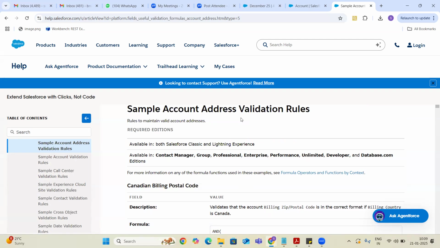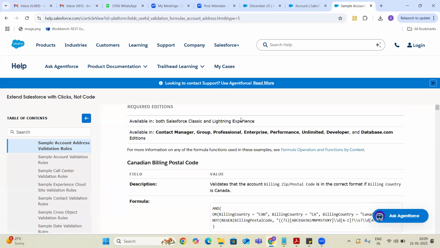So let me start with the first scenario: validate the account billing zip or postal code in the correct format of the billing country, Canada. If the billing country is Canada, then the billing zip code should follow its format.